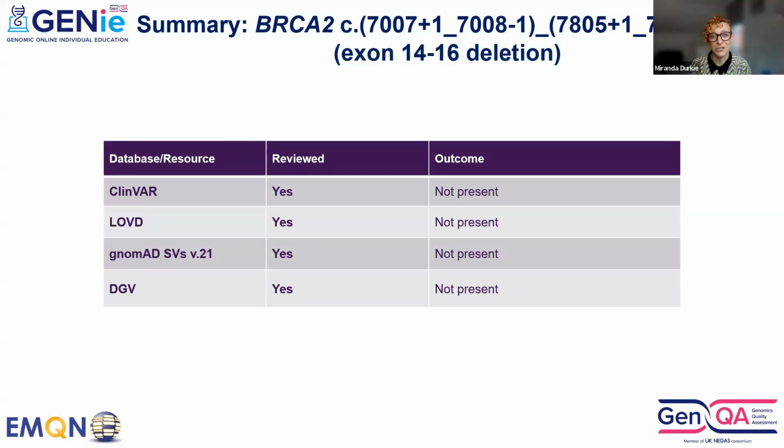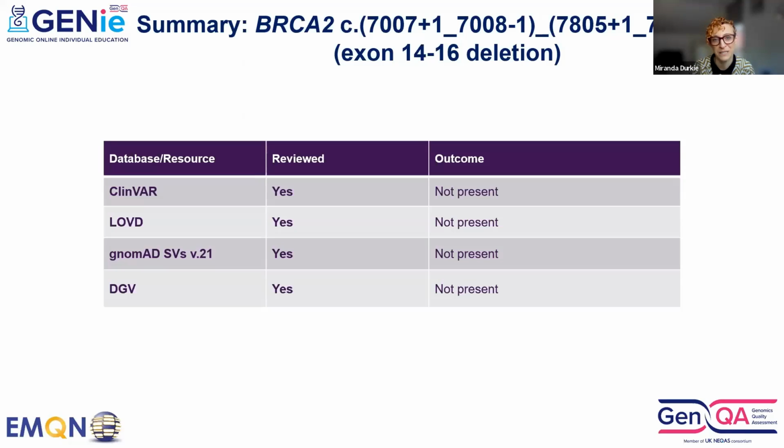Other people might use HGVS saying the first base 7008 minus question mark or plus question mark. If people are using MLPA, they sometimes use the cDNA positions of the MLPA probes. If people are using assays that have actually looked at the breakpoints, or they've used WGS, then you will have